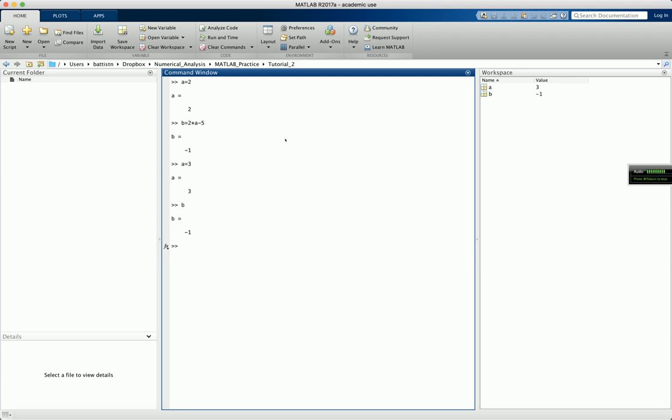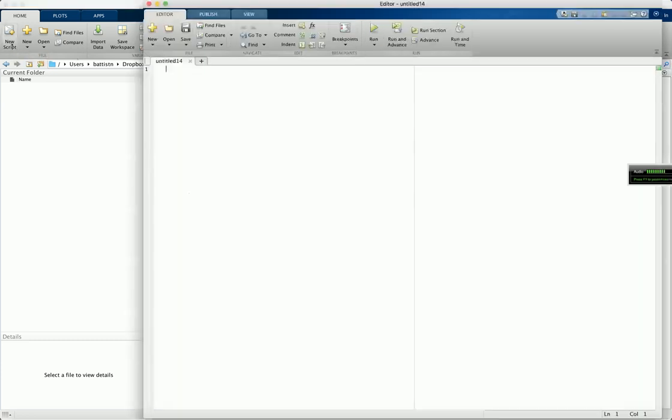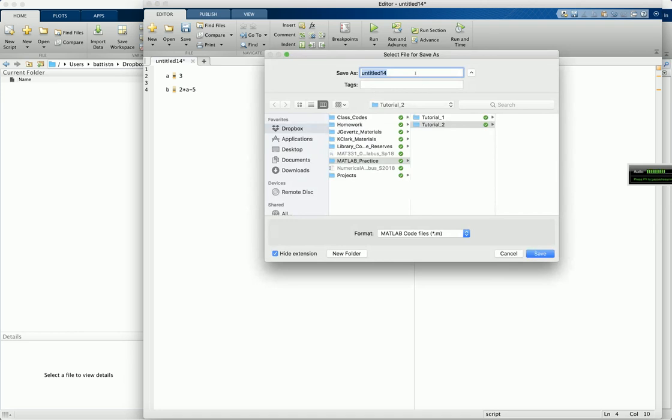Instead of having to go back retroactively and rechange all of our variables ourselves, we can handle this in a script. So open up a script, we can go to the left-hand side, new script, and it brings up this blank sheet. Now inside this script file, let's just define our variables again. Say a equals 3. Next, let's say b equals 2 times a minus 5. And to use this script, we have to then go ahead and save it. So to save this, let's just save this as testing variables